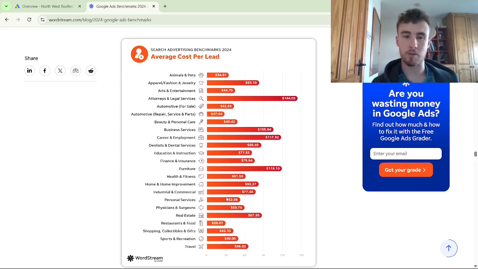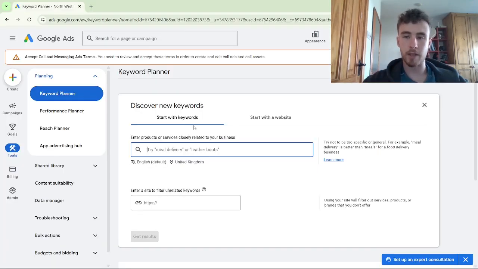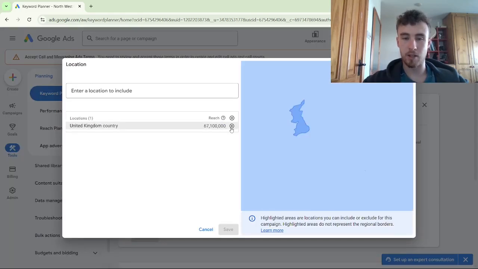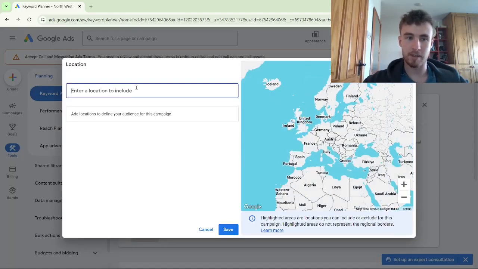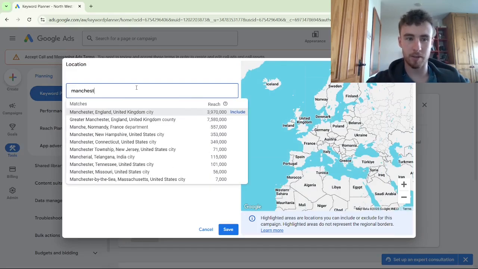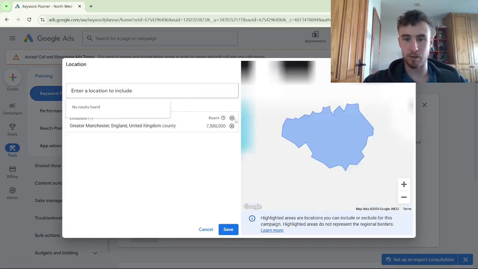So what we like to use to really predict roughly what our average CPA will be or cost per lead is look at the cost per clicks of the keywords that we're going to be targeting in the specific locations that we're going to be targeting as well, which I'll walk you through now. So what we do at the beginning when we're about to start running any Google Ads campaign to get a rough idea of what our cost per lead is actually going to be, we first come to the keyword planner when doing our keyword research. And first of all, we enter in the actual location that we're going to be targeting. So not the full country, but we can say, for example, Manchester in this case,